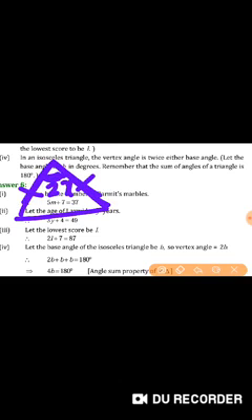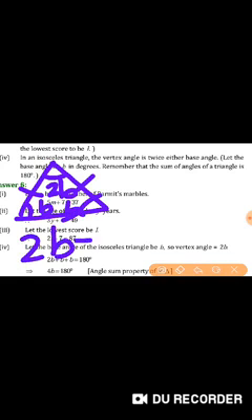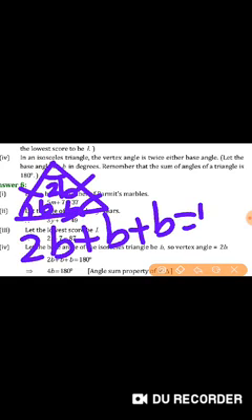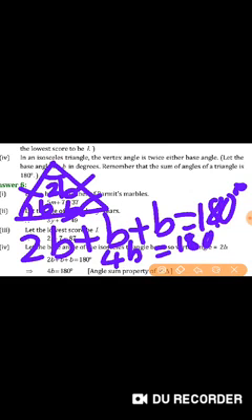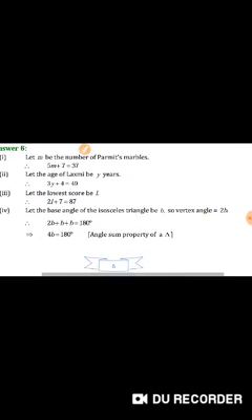But here they have mentioned B, so I'll take 2B. Base angle means B. If one angle is B, the other is also B, because the opposite sides are the same, so the opposite angles are also the same. If you add all the angles, you must get 180 degrees, because you studied last year that the sum of the angles of a triangle is 180 degrees. So 2B and 1B and 1B, how many B's are there? 4B is equal to 180. So this is your equation. Okay, I hope you understand.